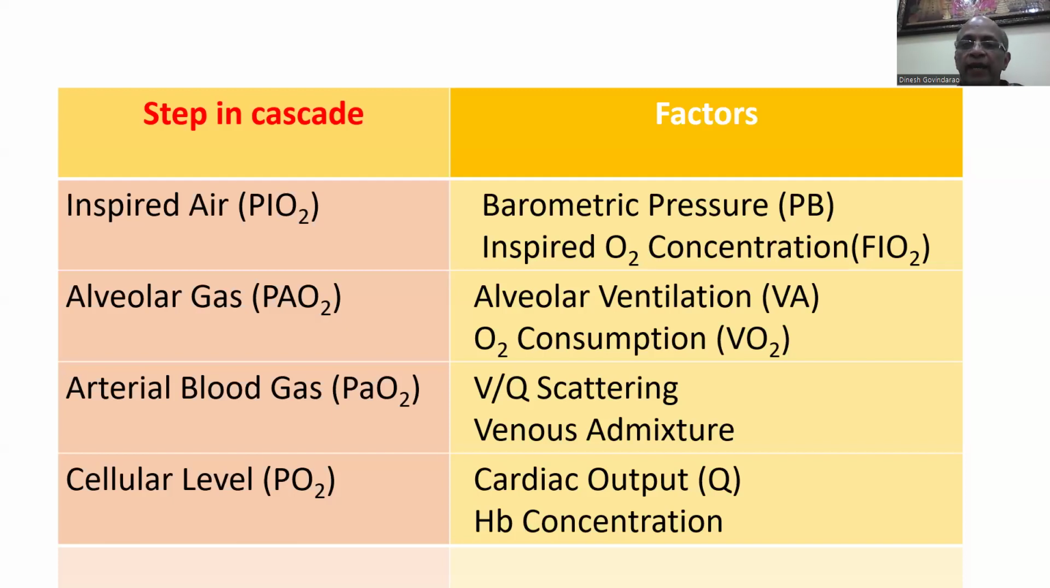The inspired air is affected by the barometric pressure and the inspired oxygen concentration. The alveolar oxygen is affected by the alveolar ventilation and the oxygen consumption. The blood gas partial pressure of oxygen in the arterial blood is also affected by the scattering of ventilation and perfusion in the lung and the venous admixture. At the cellular level, the partial pressure of oxygen is governed by the blood flow or the cardiac output and